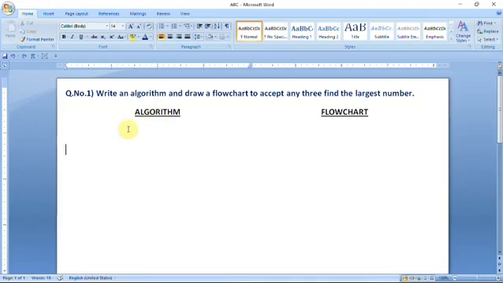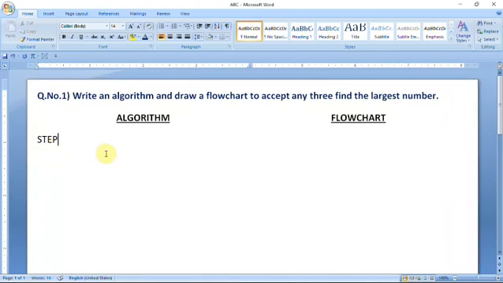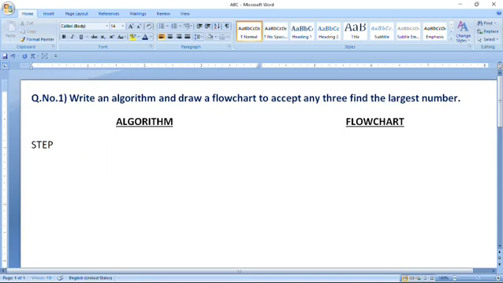Here, in the algorithm, first of all, analyze the problem. This is one problem, so read the question and analyze it. You have to accept three numbers from the user, and after that we should find the largest number. So the very first step: in step 1, start. In step 2,